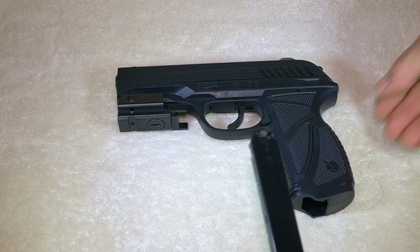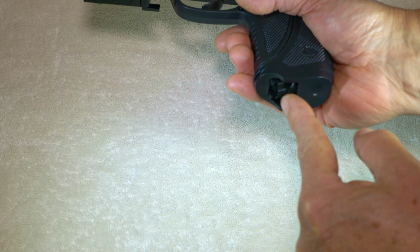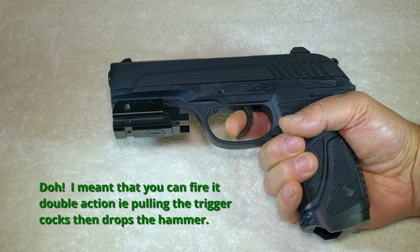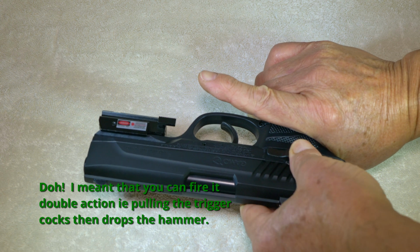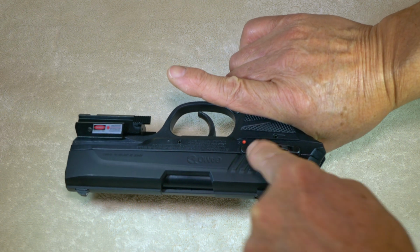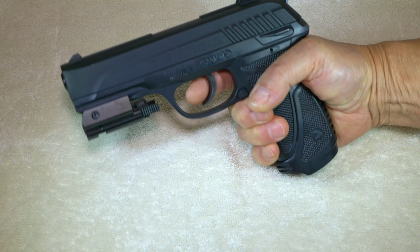It is empty, and I just want to talk about the look and feel of the gun, how it operates. So putting the magazine in, all the way in, press till it clicks. You can fire it single action, but of course the trigger would be much heavier. So let's put it onto fire. So I've pulled back, I've slid back there with my thumb, and then I can press up. And I've got the warning red dot that we're now fire. We're on fire. Right, I'm going to point in a safe direction